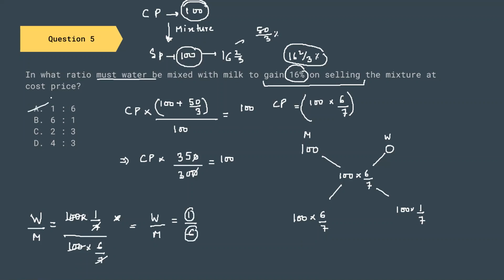So you have to be very careful, because most of the students will find the ratio of milk to water and they will mark this option and go on to the next question. And in TCS NQT, you don't have any option to go back to a question and revise that particular question. Fine. So you have to be very careful. Read the question first, pay attention to each of the details, then only mark your correct option.